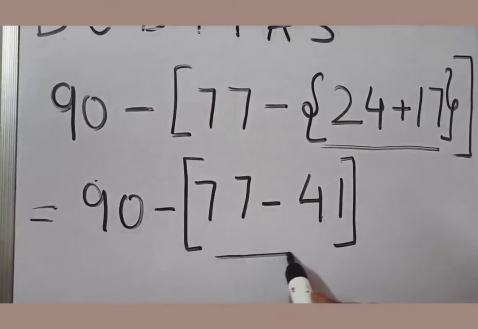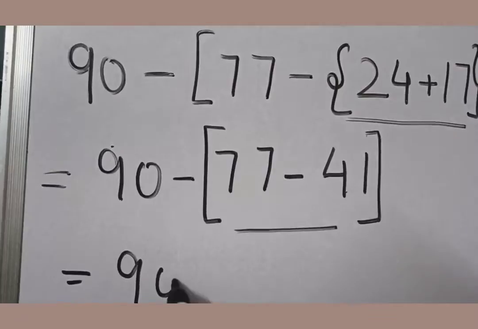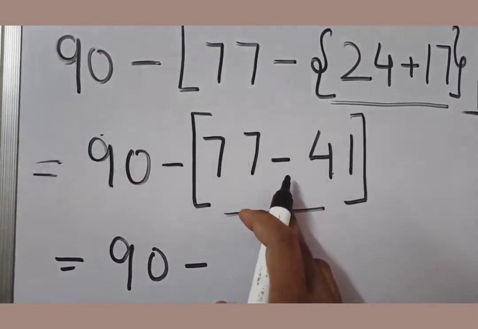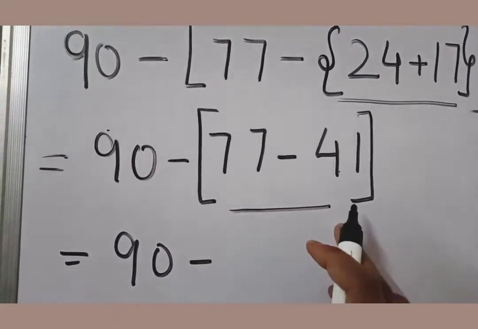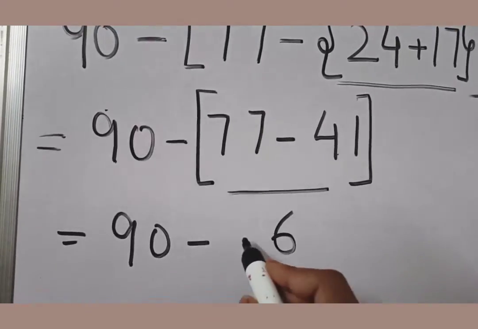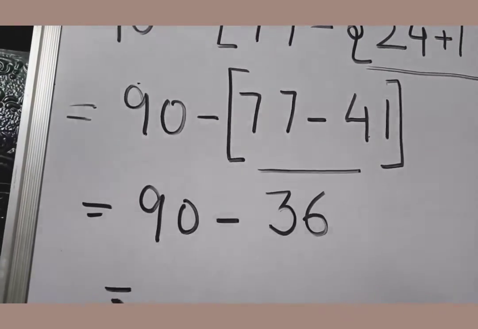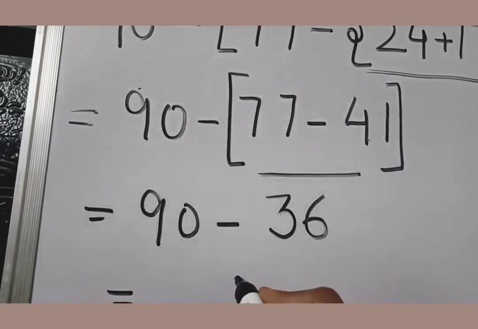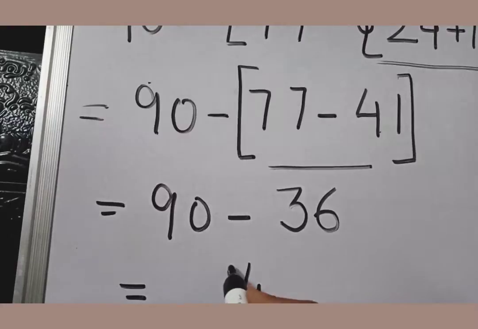Now the next step is to solve the square brackets. So I'll be writing 90 as it is minus, and then solving these means I'm going to subtract, and I am not going to put the square brackets now. And the answer after subtraction, I'll get 7 minus 1 is 6 and 7 minus 4 is 3. The last step, again of subtraction, and we will get the final answer. It will be 10, and 10 minus 6 is 4. It will become 8, and 8 minus 3 is 5.